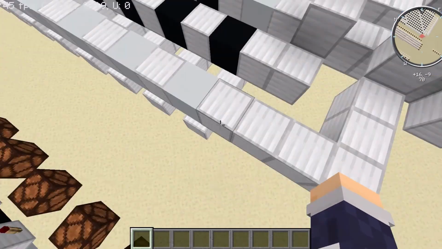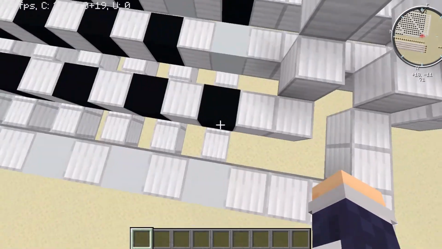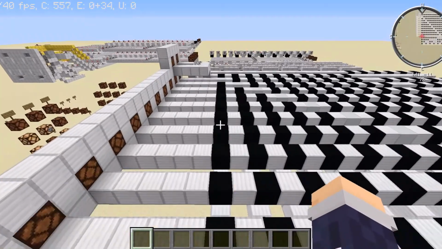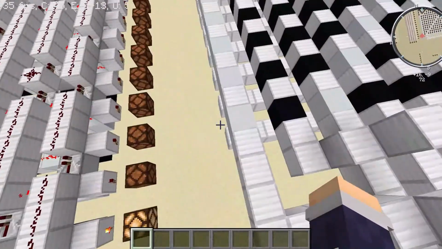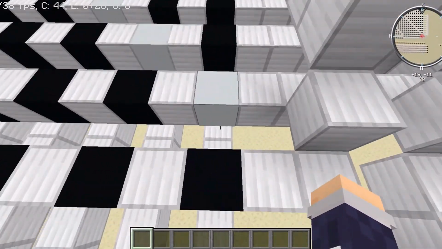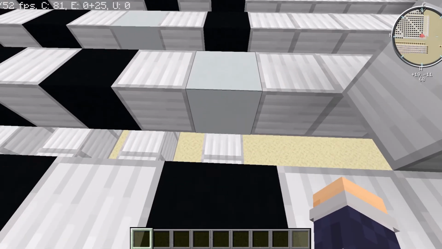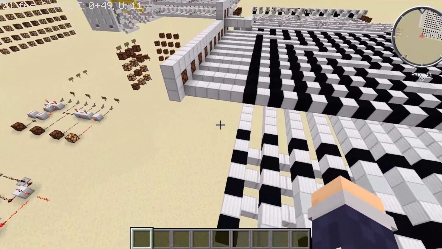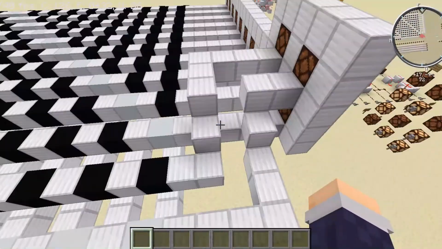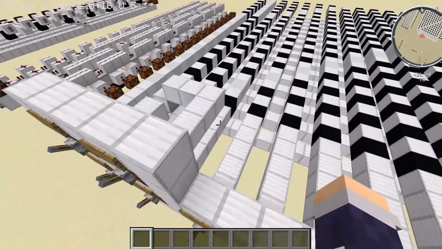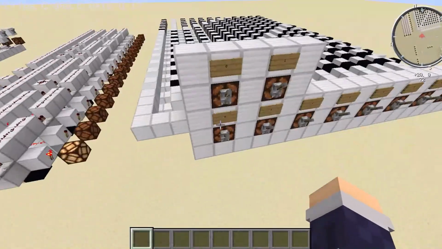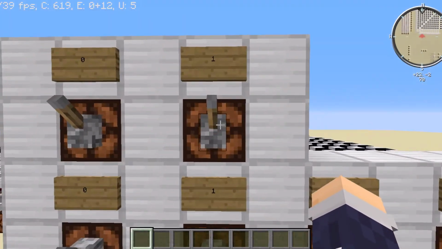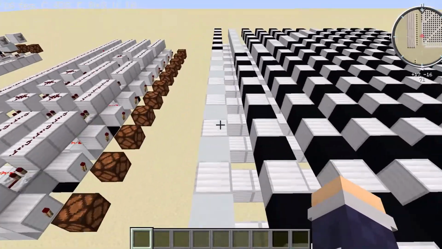Not that it really matters for now, but anyway, for it to be this line, this needs to be a 0, and this needs to be a 0, and then this will be a 0, because this line is this, and this line is this one, so 0, 0, that's 0. For example, if you want to do 13, then this line needs to be on,